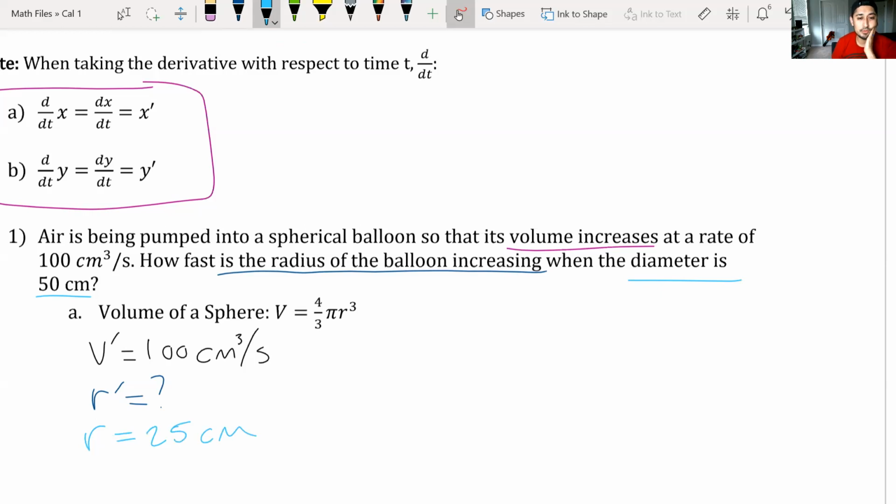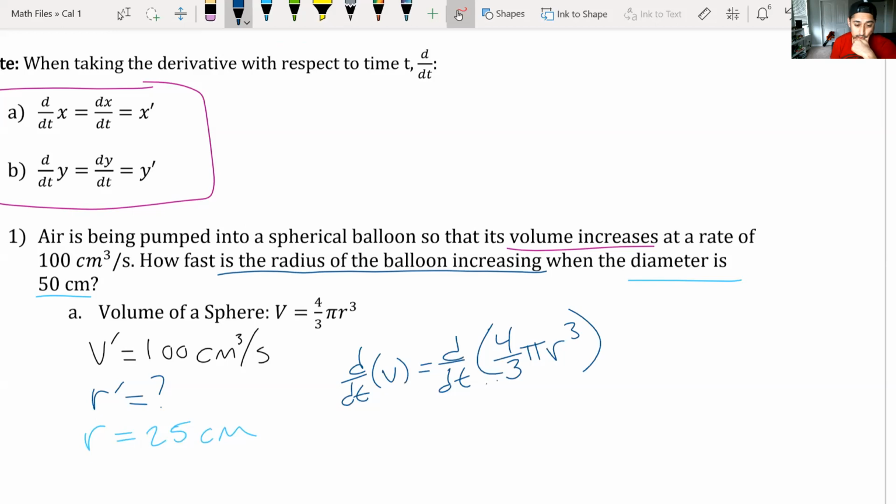Okay, so this is all the information given, which means, again, we want to take the implicit derivative first before plugging in any values. So that's what we're going to do next. So I'm going to say d over dt of V equal to d over dt of 4/3 pi r cubed. Okay, which means that d over dt of V, well, that's just going to give me V prime, equal to